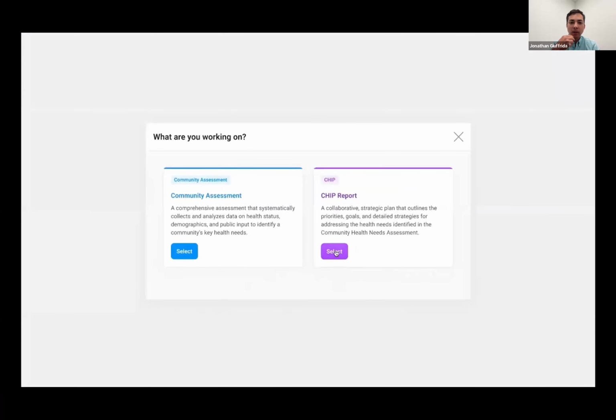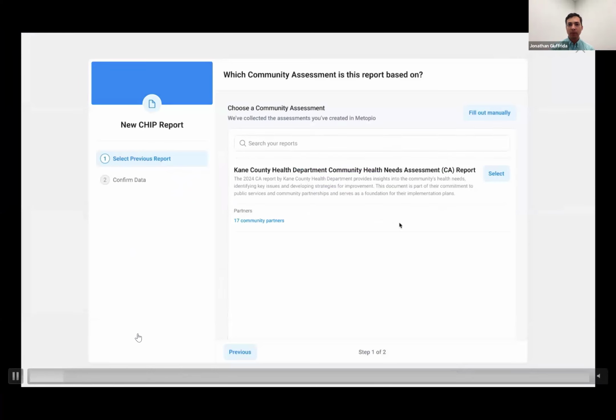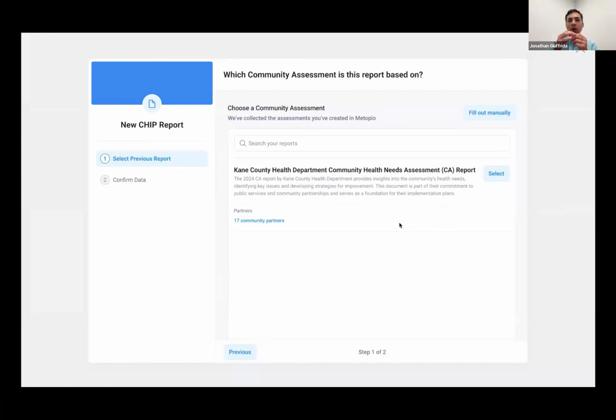So in this demo, we're going to be starting a CHIP process from scratch in our tool. So we are not starting from a blank slate. We're going to be selecting the CHA that we've previously done in the tool, or you can upload the PDF of what that document looks like. We'll pull information out of that so that you can use that in your process. We can read a CHIP document, or we can look at what you've previously done. We can pull the information about what your prioritized health needs were, your community, your target populations, how you did that process and the kind of results that you came to, because of course that informs the CHIP as the next step in the MAP 2.0 process.